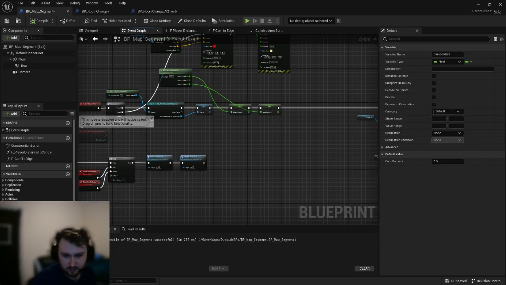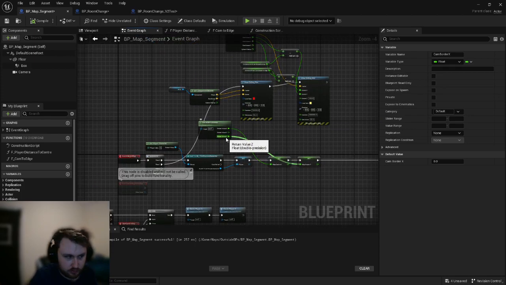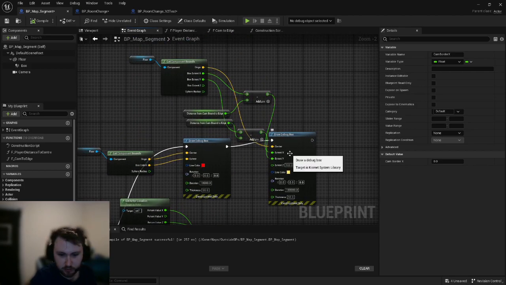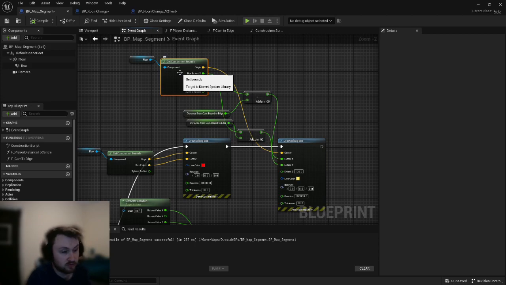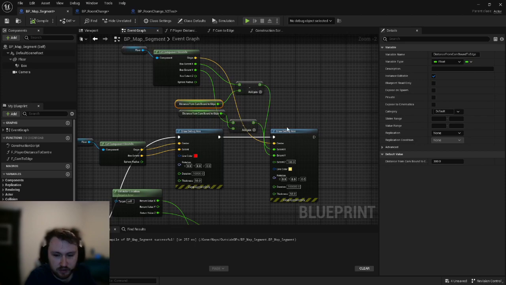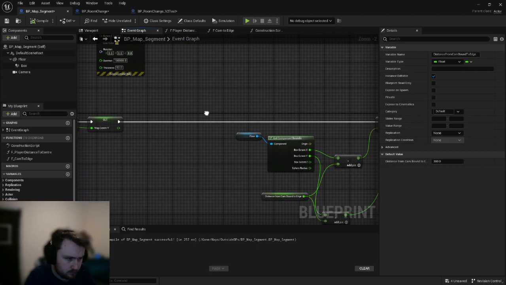Right, so I did just record an explanation, but then I realised it took like 15 minutes, and it should not be that long, and I was really badly explaining everything. So the red and yellow box that you saw are just debug boxes. They are made by getting the bounds of the component, so the floor, minusing the distance, and then creating the box. On my begin play,